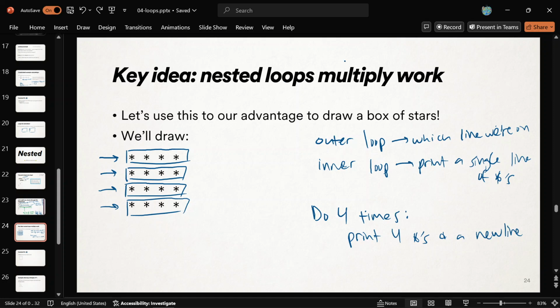All right, but what is this? This is how the nested loop comes in. Like, what does it mean to print 4 stars in a new line? That's still repetitive, right? So this can be broken down into, well, it's another do 4 times, right? Do 4 times, print a single star, yeah? Because that's repetitive. Print a single star, and then after that's done, I'll unindent to mean we're done. Print a new line. Does that make sense?